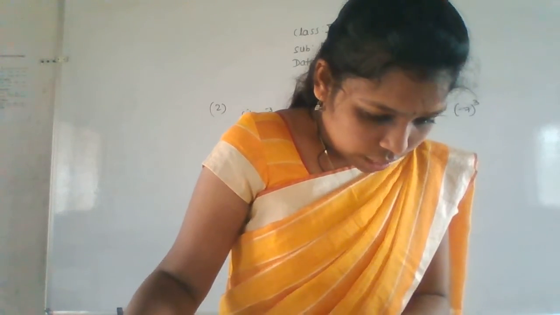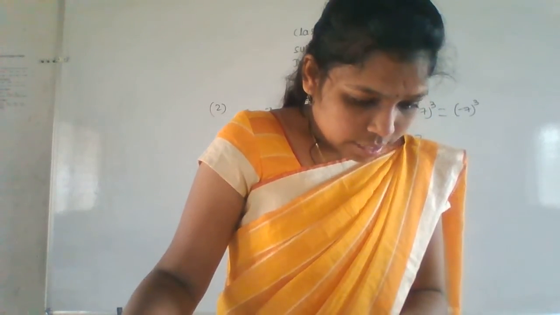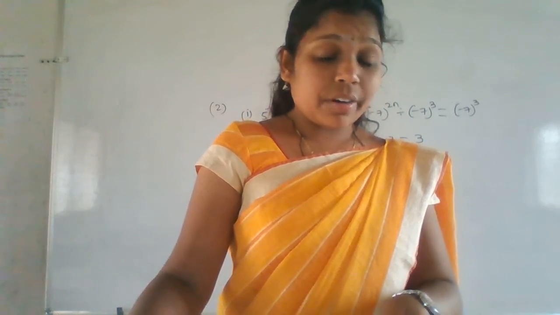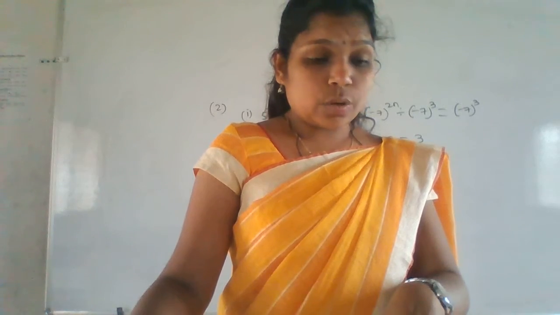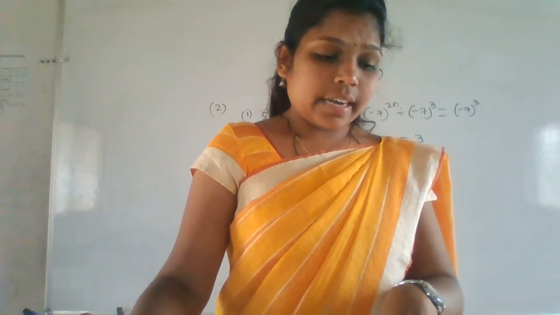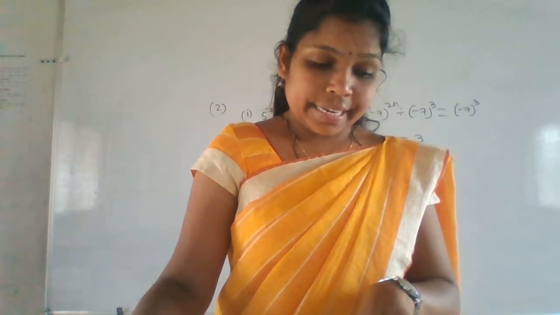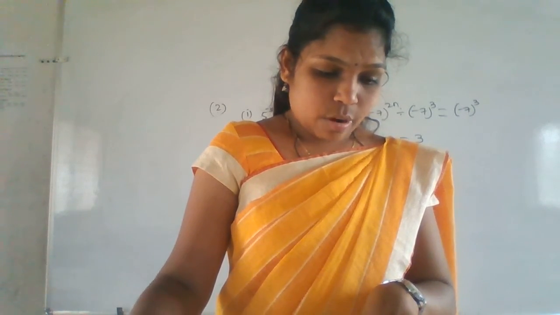Fourth one also, what is the value of n here? That is also the same thing. 1 by 3 whole to the power 4, and whole to the power n. Make the correction, whole to the power n here. And that is equal to 1 by 3 whole to the power 2 into 1 by 3 whole to the power 18. That we have to do here.